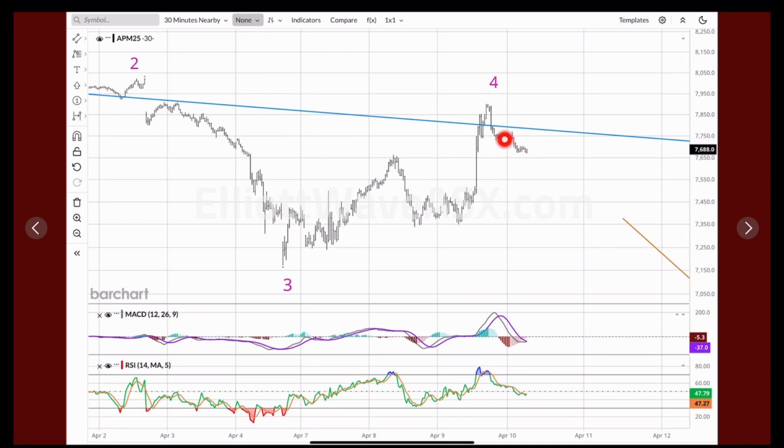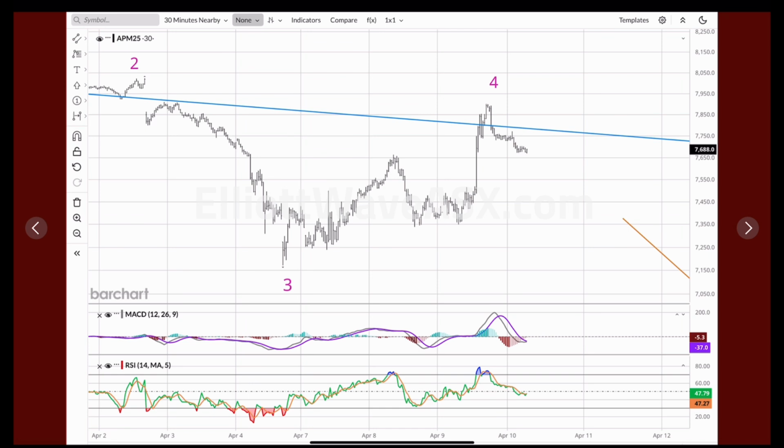Now we've got the current lows. Now as of the time of me recording this, there's a bit more price action, so we'll see that in a minute. But this low here is starting to get very close, and if that breaks that high, it's not going to be 1, 2, 3, 4, 5. Possibly it could be 1, 2, 1, 2. But again, that's jumping to the bullish scenario straight away.